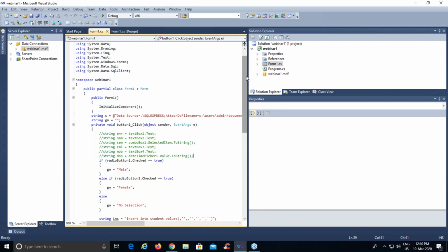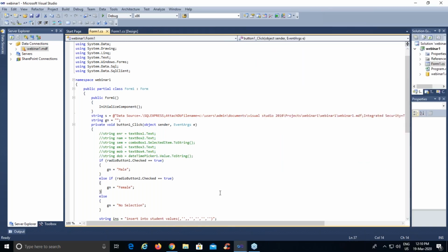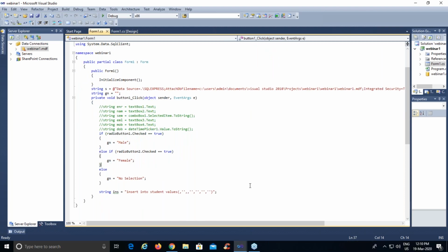So yes, this is your code file. We are writing the query here. As I said, for writing the query, we need to know the sequence of each and every column of your table.